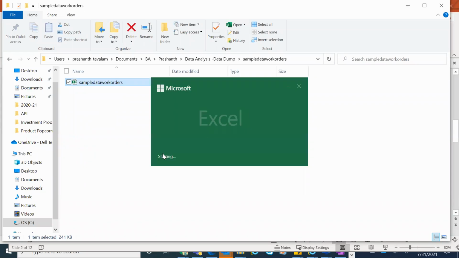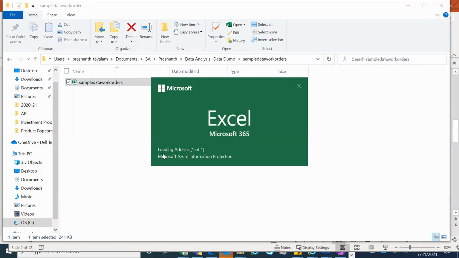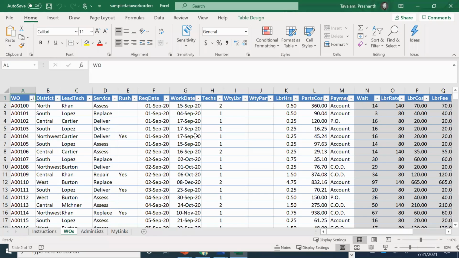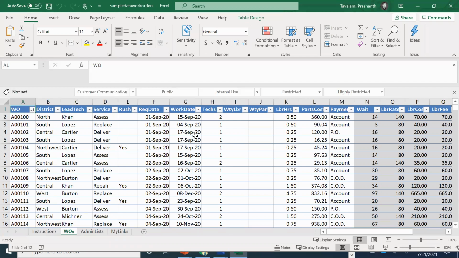How many of you use Excel Pivot? I use it. I still use it. Yeah. So now, are you able to see this Excel that I've opened? Yes. Now quickly look at this information and tell me, what do you understand? All of you quickly look at this Excel and tell me, what do you understand?